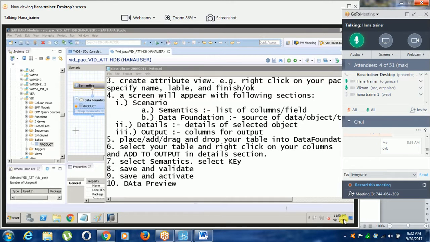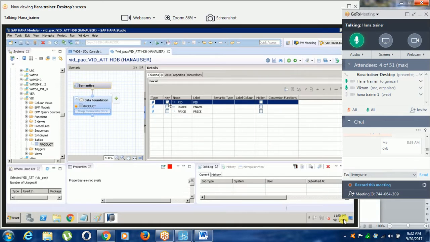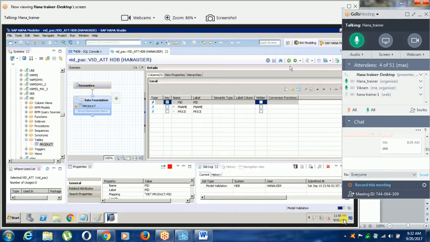See, you should select the key. I select PID as a key and just save and validate. I have only selected PID, not P name and price. PID is a key.